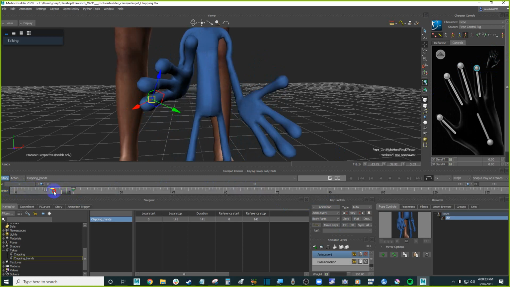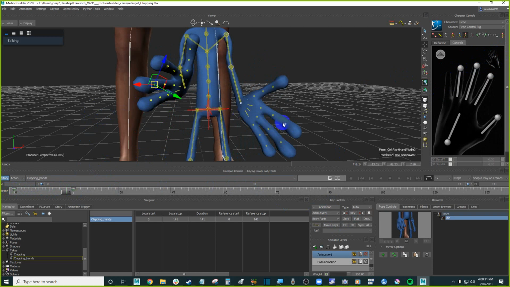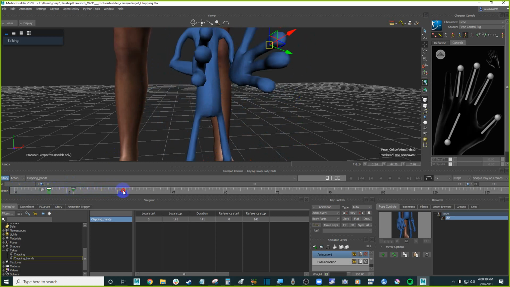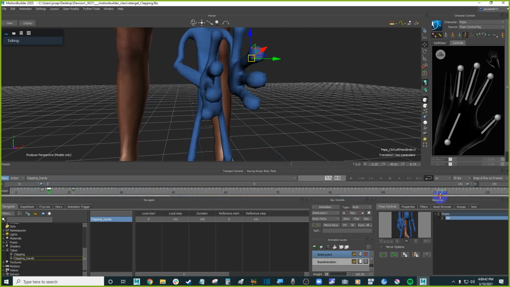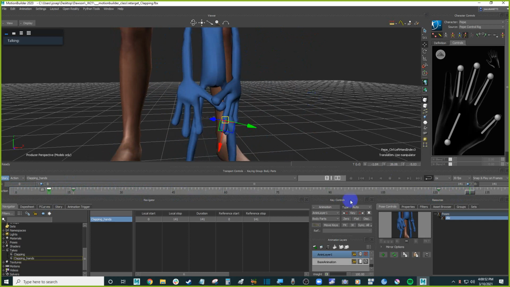Yeah. So we can take these keys, Control plus the other one, or go like this, and just bring this key to bend them a little bit. And then in here, as he's going down, if I take off the mirroring now, and I paste this pose, which was created from this frame,